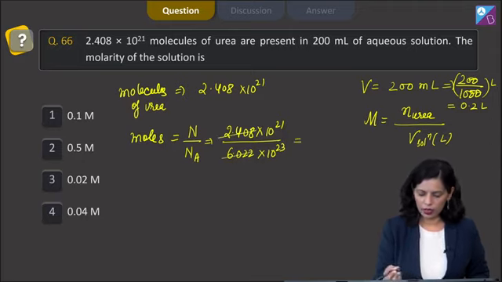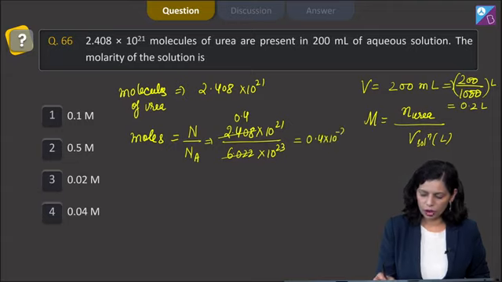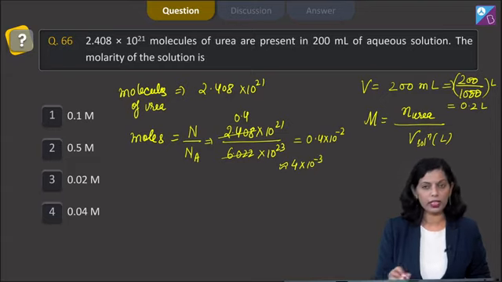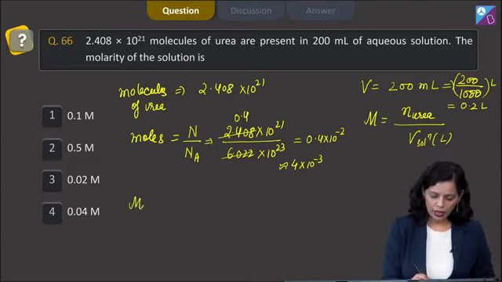6 approximately 4 times it is. So, 0.4 you will be getting, and it is 0.4 into 10 raised to the power minus 2. Simplification I can do here, 4 into 10 raised to the power minus 3. I can write this way. So, molarity would be,